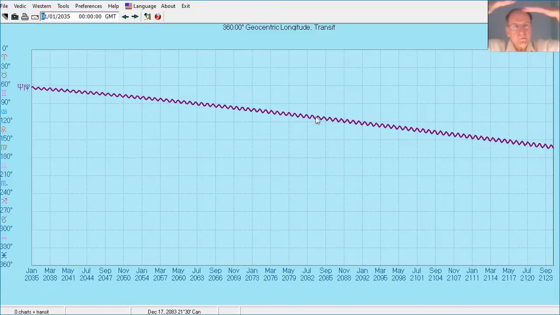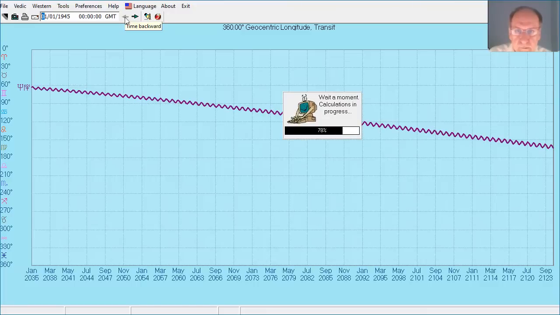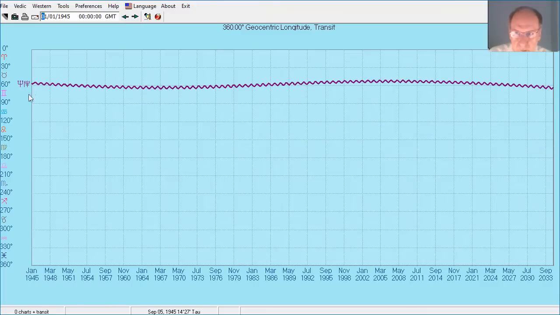So Neptune and Pluto for about 100 years will remain about the same distance from each other, and then they separate. So if I go back to the graph we have from 1945 to 2035, this is the distance between Neptune and Pluto, remains close to 60 degrees.